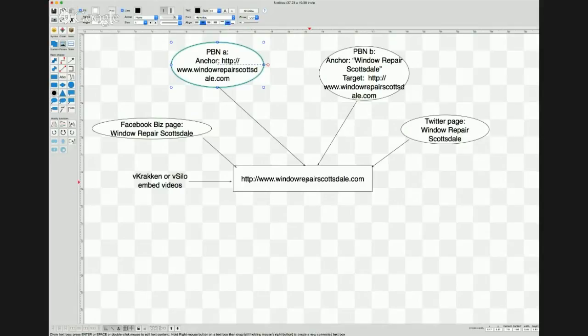This website happens to be about window repair Scottsdale. So right there, you've got a pretty clear signal for Google to say, not only was this content about window repairs, but this other site is about window repairs, and it looks like also Scottsdale, Arizona, is a geographic location that this business may be set up to cater to.